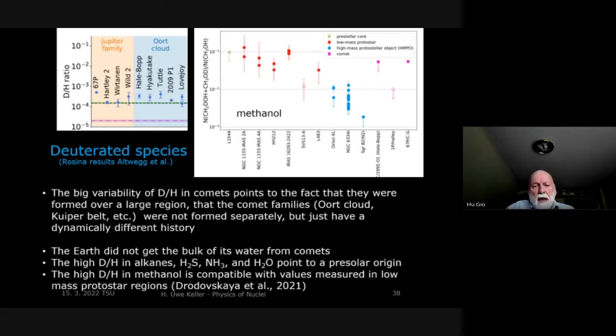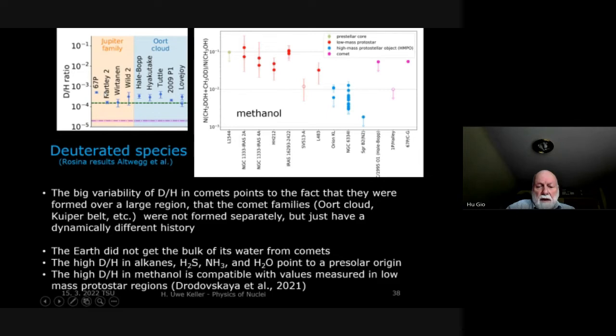the protosolar nebula. And then they are dynamically separated. They are produced in more or less the same area, but then the dynamics of individual comets were quite different. Many of them were thrown out into the Oort cloud. Some became, after several steps, short periodic comets. But the physics and the chemistry of the comets are not very different. So I think the conclusion is that the Earth did not get the bulk of its water from comets because the D/H ratio doesn't fit.